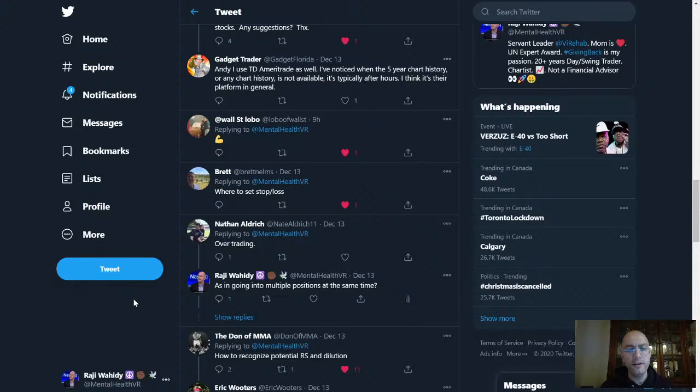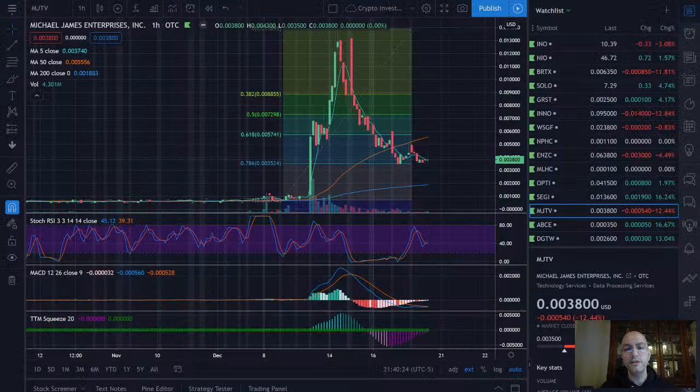Brett, where to set stop loss? Similar to what I answered earlier. Again, you set it based on the chart, and you set it normally. It depends, like for example, Fibonacci also allows you to evaluate that. So here is a Fibonacci